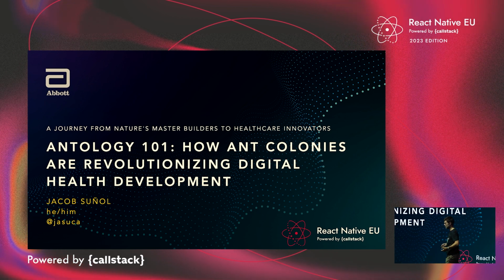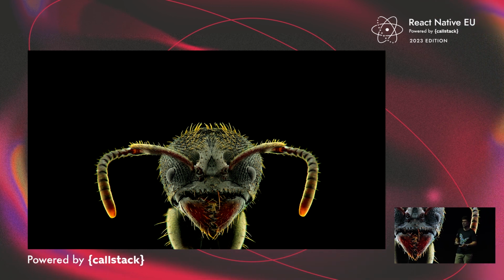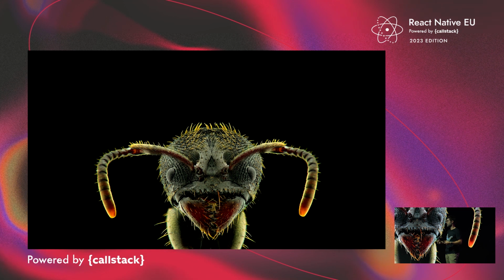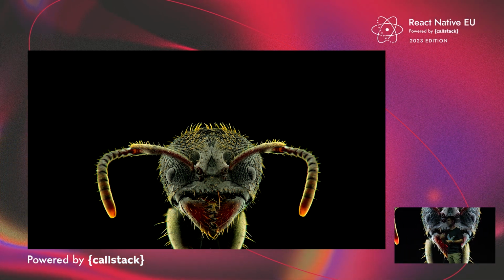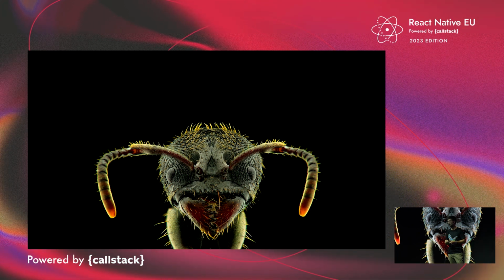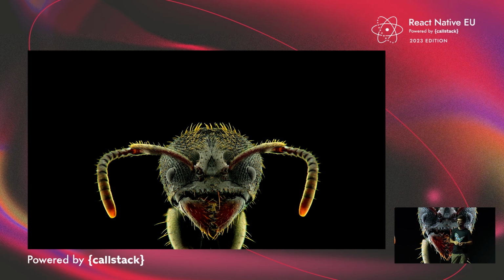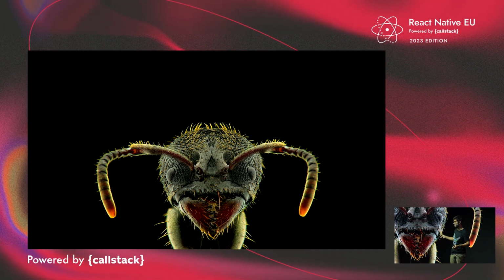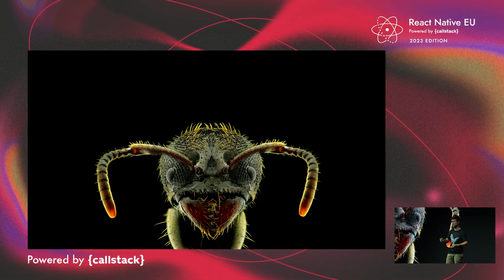And for that, I started with why really ants, and what's the point of talking about ants? If we talk about evolution, many people say, oh, humans are number one. So we are 7.6 billion people in the world. There are 10 quintillion ants in the world. They are more evolved. They even know how to clone themselves, which we don't know how to do yet. And why I chose the ant topic is that I think we can learn a lot from them.